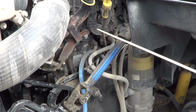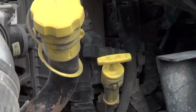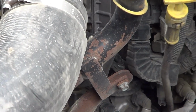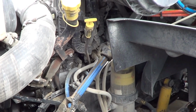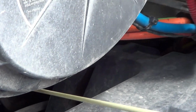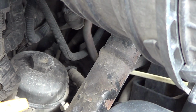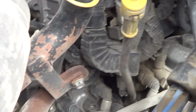Our engine is not bent, broken, or damaged. It is fully attached to the vehicle. No illegal welds. At the rear of our engine, we have our air compressor. Our air compressor is not bent, broken, or damaged. It is fully attached to the vehicle, and it is gear driven. As we move to the front of the vehicle,